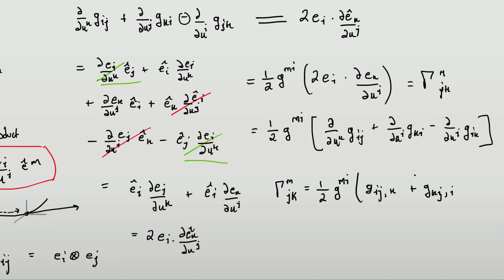Actually, I'm messing that up. Those should be the opposite. So this should be an i. My pen is bugging out again. This g_ki,j minus g_ik,j. And this right here